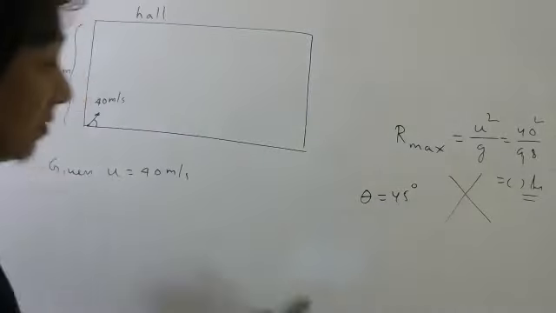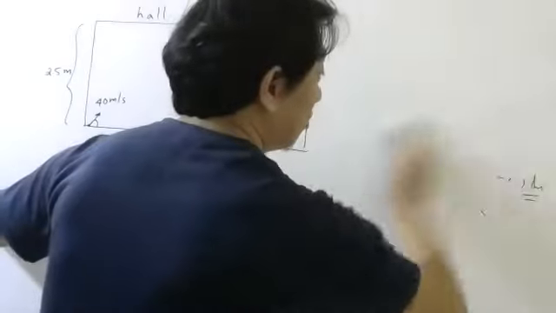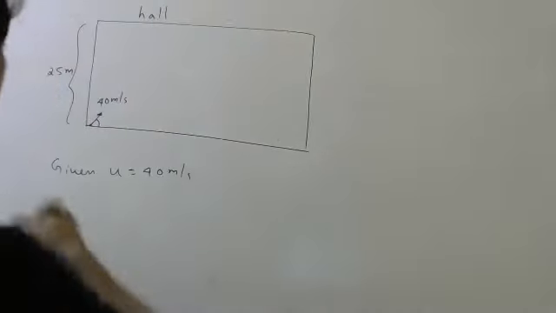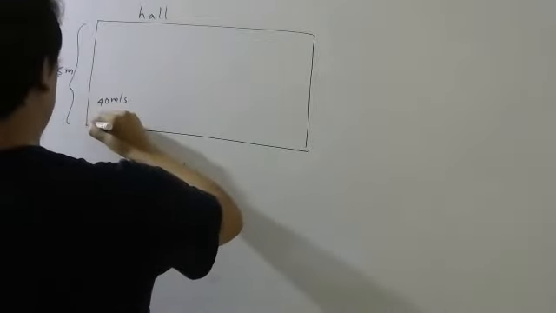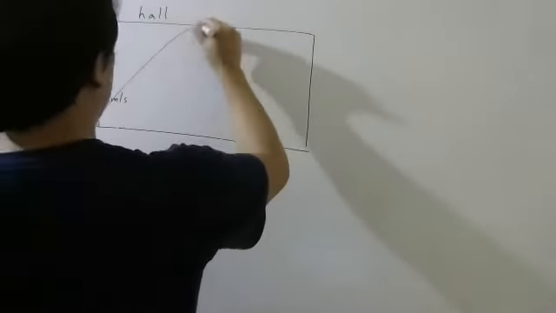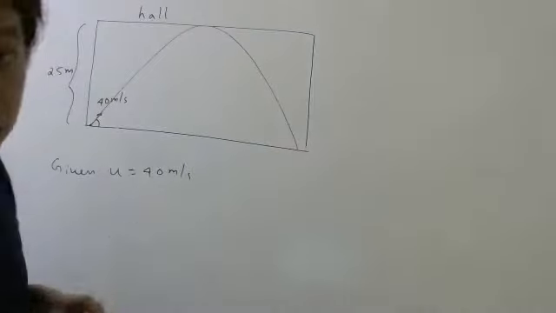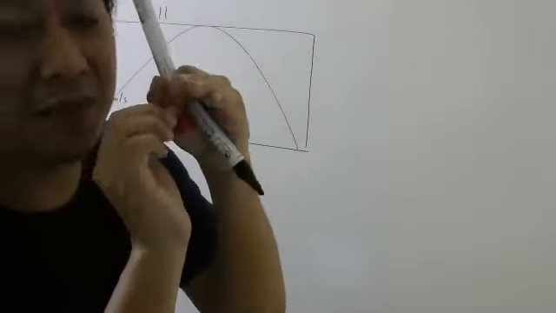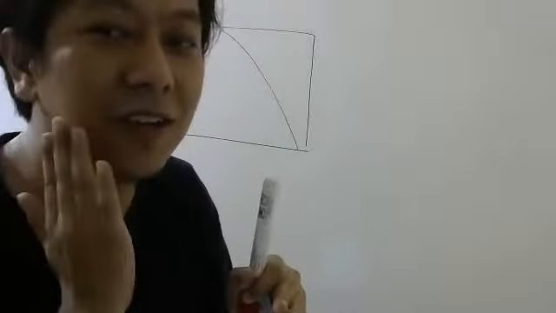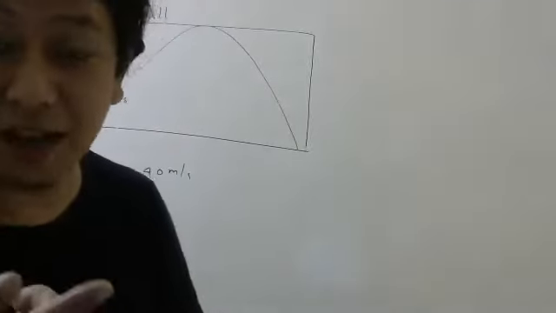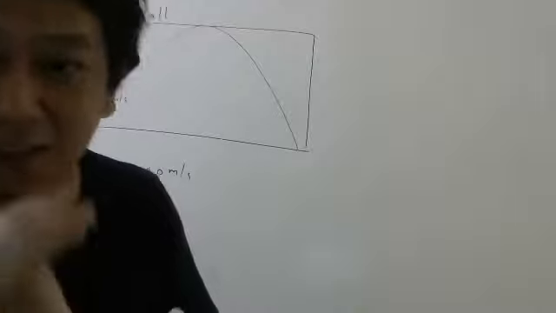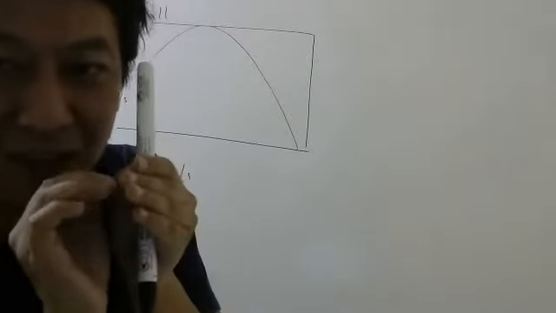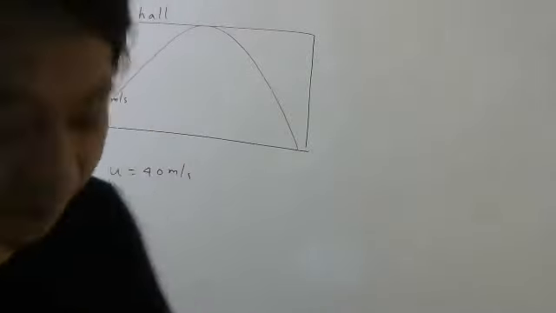But in this problem, there is a ceiling. So please don't do this way directly. So first what we will assume is our body goes something like this. It is just hitting, like this it is going. More than that it will hit, less than that it will not hit. So almost hitting like that you have to assume.